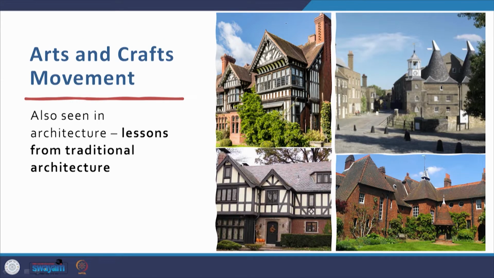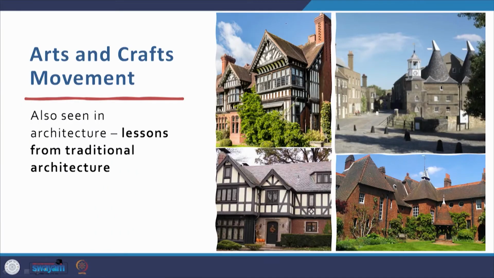Now this was also seen in architecture, that rather than making the eclectic built forms that came up in the post-Industrial Revolution, which were a mix of Neoclassical, Neo-Gothic, Renaissance all merged together, though the structural formwork was becoming new because steel was being used in construction. We do not have time to go into that. As a result, these eclectic buildings that were manufactured in parallel to the industrial production of goods, there was a reaction against that also, and a return to traditional European or Western architecture.